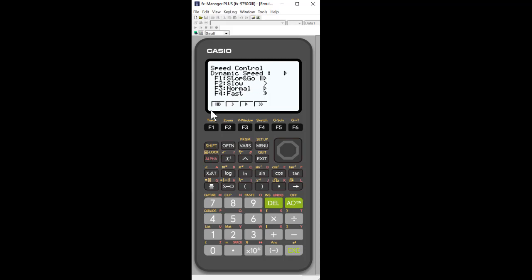So I'm going to choose F1 this time. So we have stop and go, and exit out and hit the graph again. And what I want you to notice is it doesn't do anything because it's in stop and go mode. I'm going to have to change it myself. And to do that, you hit execute. And so it'll move it based on your thing. So it's going to move it one at a time, or however you determine the step to be.